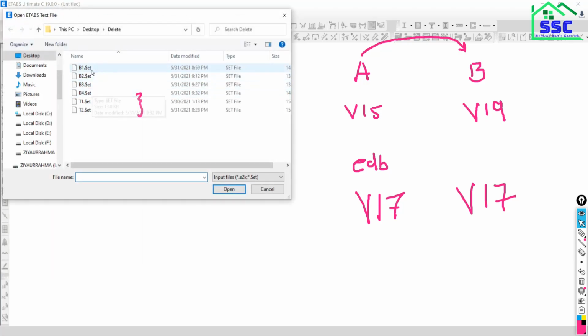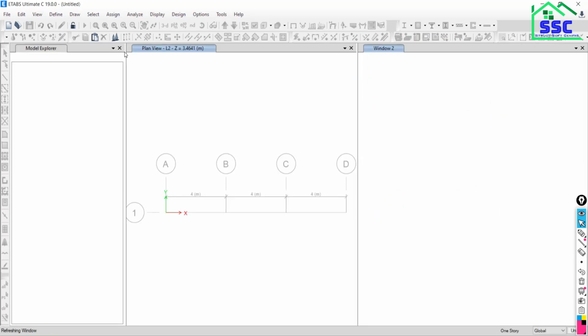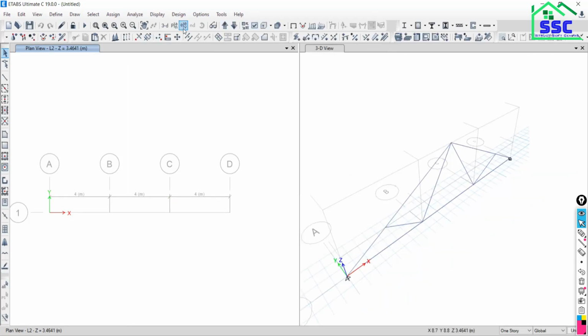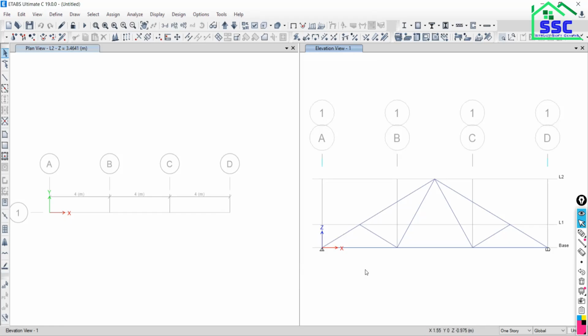Now this will ask about the location of the file. Suppose I would like to open this truss file, so t1.$et file. Just click over this option and say OK. So this file will open. Is it visible? Go to elevation along the grid first, say apply.